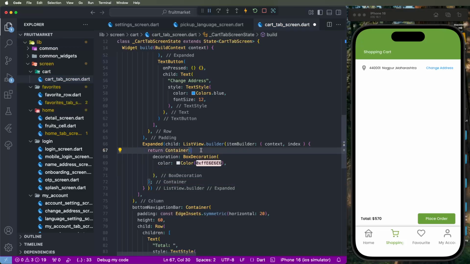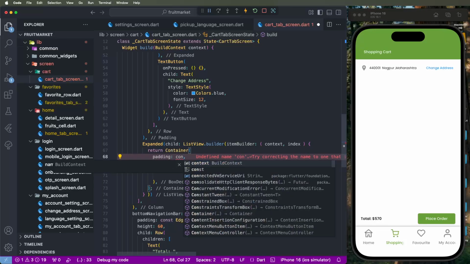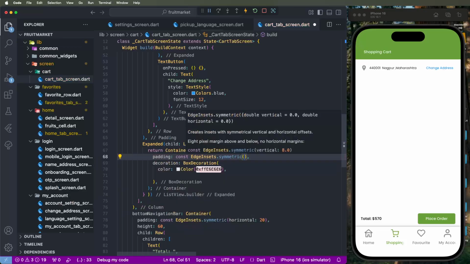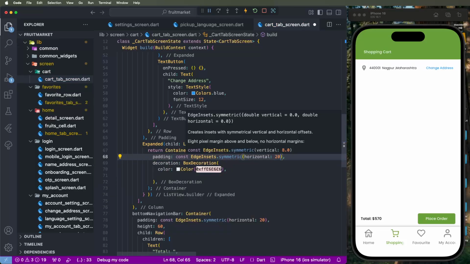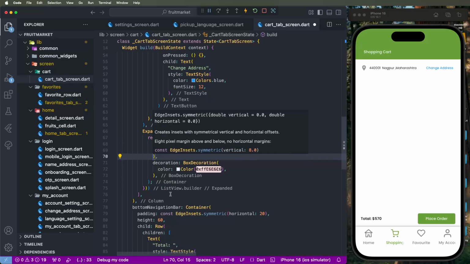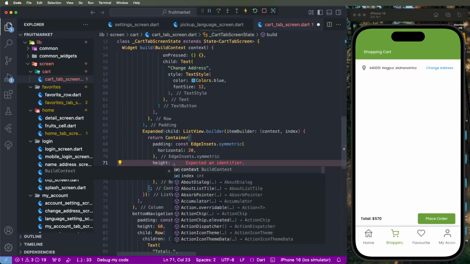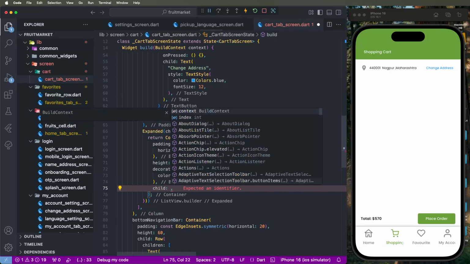We need to set here the padding, const EdgeInsets.symmetric, horizontal. We need to configure here the value of 20, and give this the height fixed. Need to set here the 40 like here, and then after we need to create here the child, and again